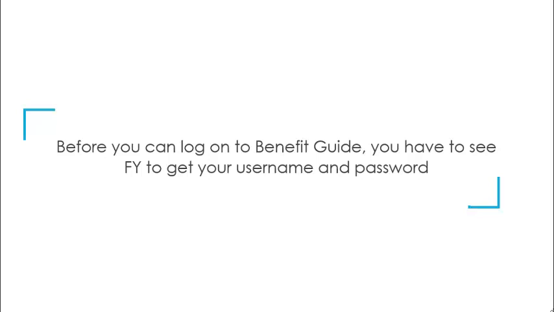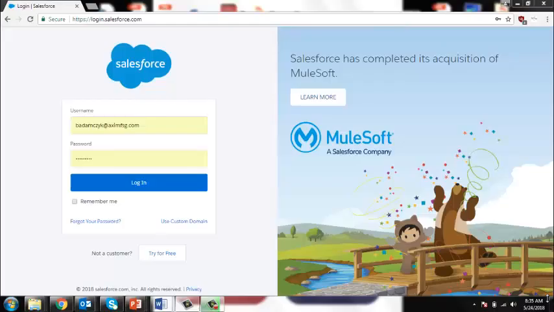Now, before you can enter a benefit guide and take a look at all the tools in there and explore around a little bit, you have to talk to Freddie in the tech department to get you set up with a username and password. Once you do, you're going to have access to many of the things you're about to see. And since I've already talked to Freddie, I have the link, username, and password I need to log into